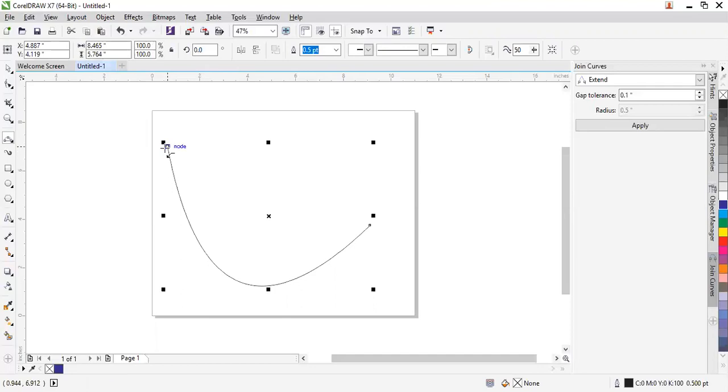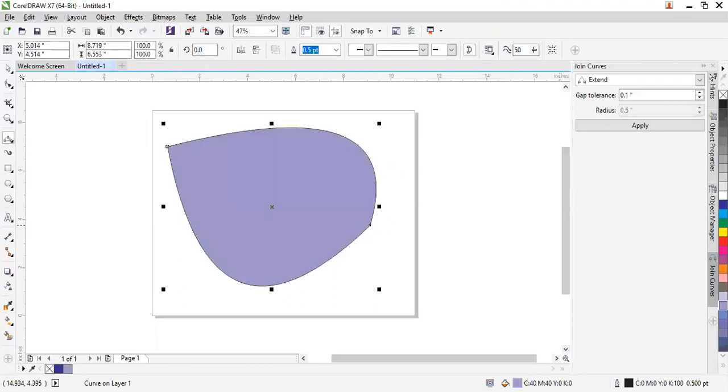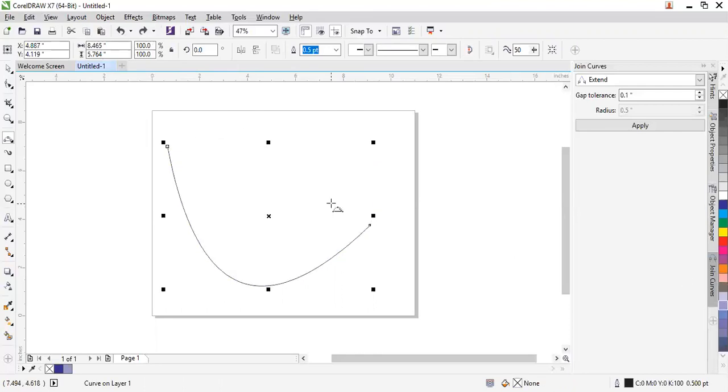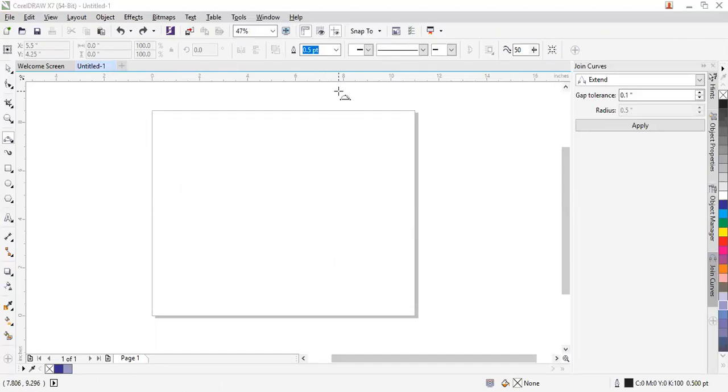Okay, that also when you end where you started, you can apply color. But then if you are working with an object or a piece of artwork that deals much more with straight lines, then the best tool to use is either the 2 point line tool or the freehand tool. And then